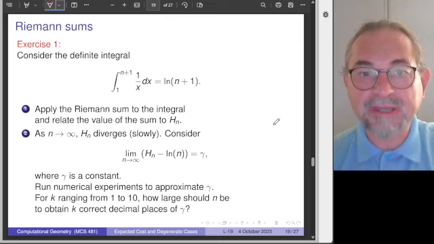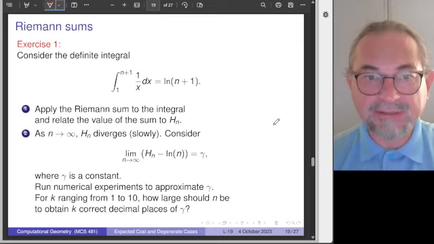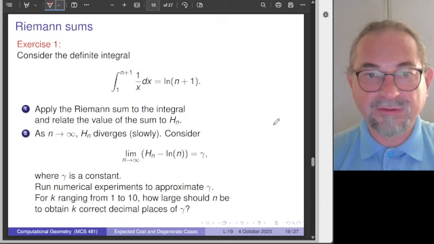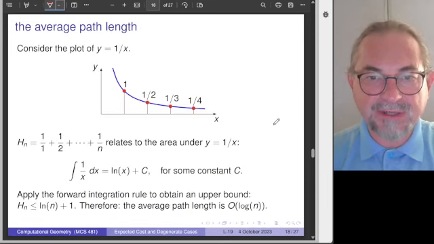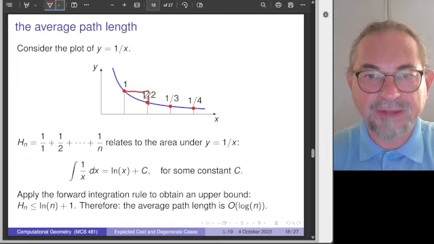So consider this definite integral, and the first part of the exercise, perhaps I can actually solve it. So the first part of the exercise is actually that you make those drawings here. So you have to show that 1 over 2,